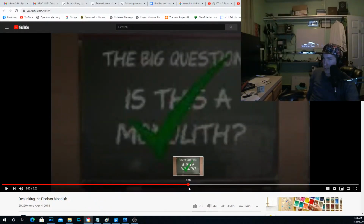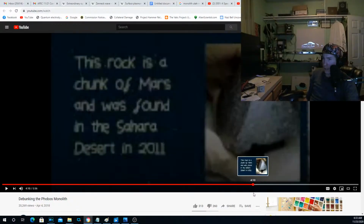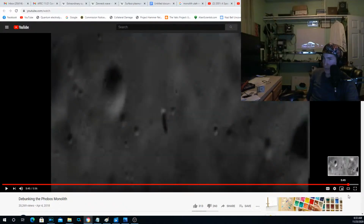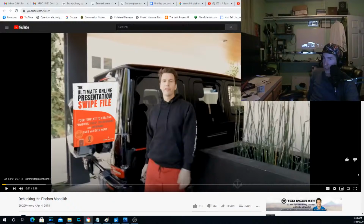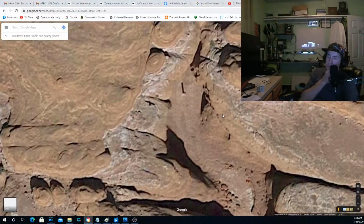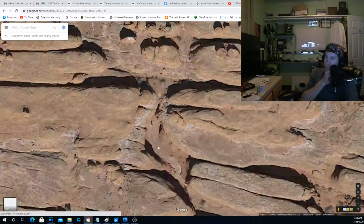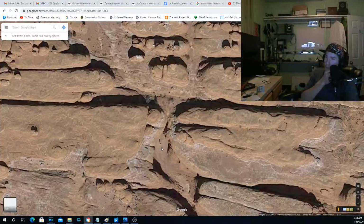Apparently this object is on Mars, and it's just a natural formation. This guy said it's a natural formation. But yeah, it would be cool to go on there and find some better evidence. I'd like to see high def, more detailed studies on these objects before I'm really of any